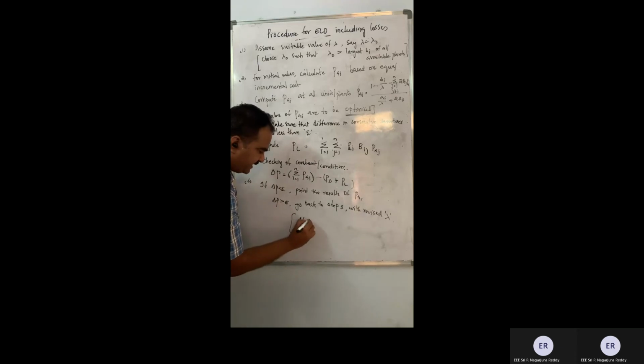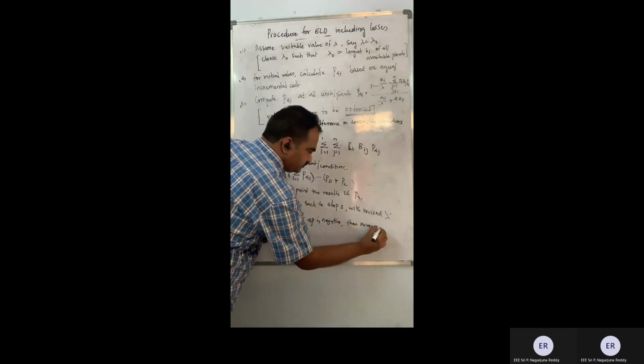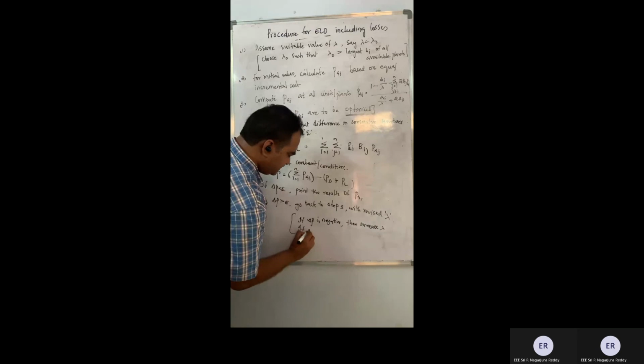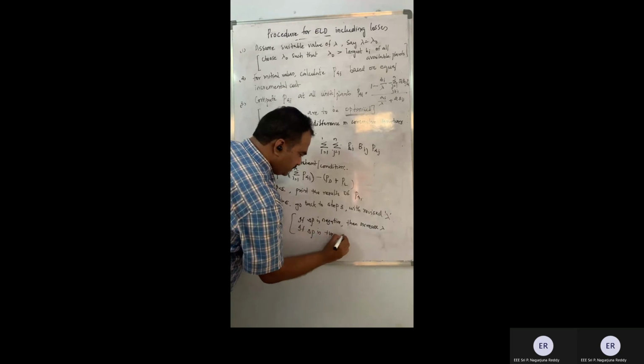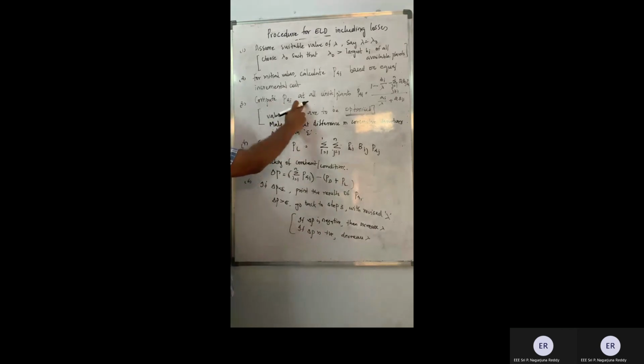Generations, if they are very, very low, which means what is your value of delta P? If delta P is negative, which means your generations are very, very low, which means it is not meeting your demand and loss. Then increase lambda. If delta P is positive, decrease lambda. So with the revised value of lambda, you again go back to your generation, and again you start computing the thing.